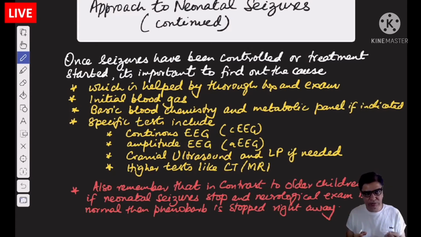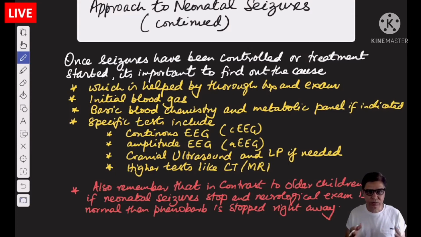In the previous section, we discussed that you always start with a CAP-CAS, and CAP-CAS can give you the status of the acid-base balance. It can give you a few initial parameters, like the blood glucose levels and ionized calcium levels, which can help you in ruling out these two common treatable conditions which are responsible for neonatal seizures. Let's say if that is fine, then you have to do